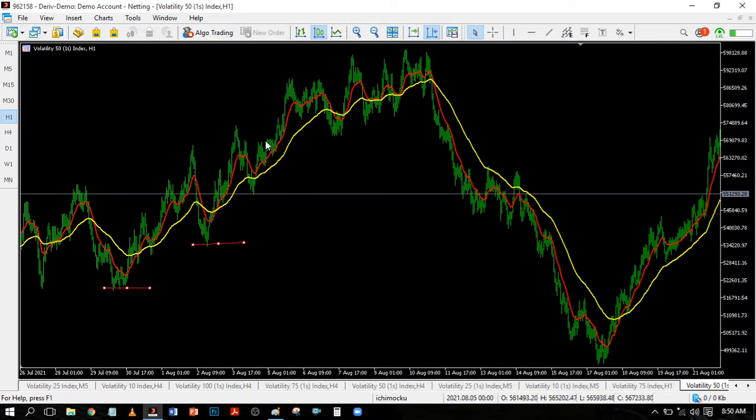Then you can see the 13 crossed the 50, came up and came back to cross the 50 again. Sorry, let me quickly delete this. All right, I need to use this one. You can see here we had another pullback where the 13 crossed the 50 right here. So this is another pullback. Now the market went up again, it crossed here a little bit, then the market started having what we call